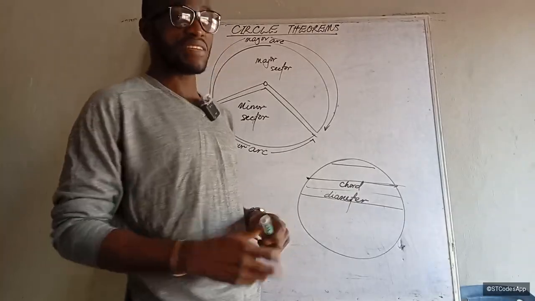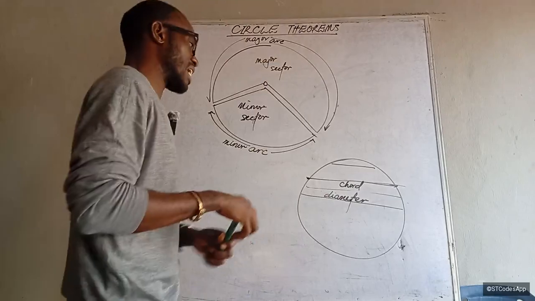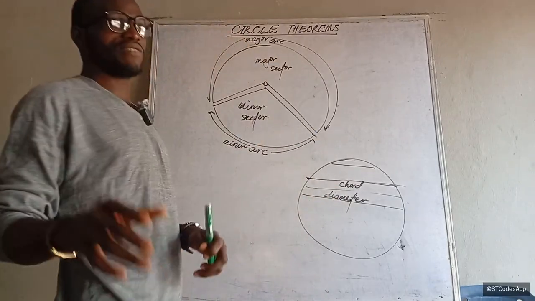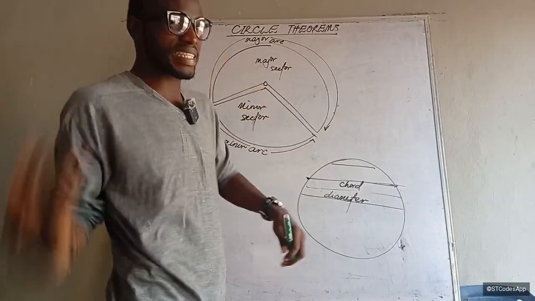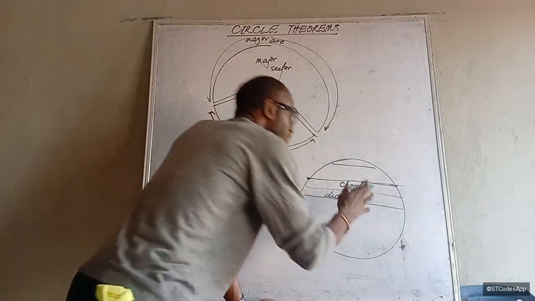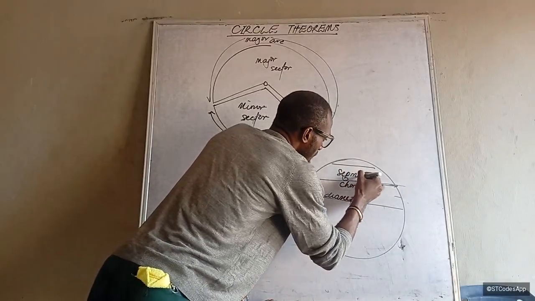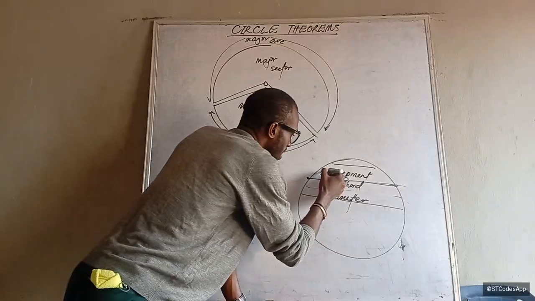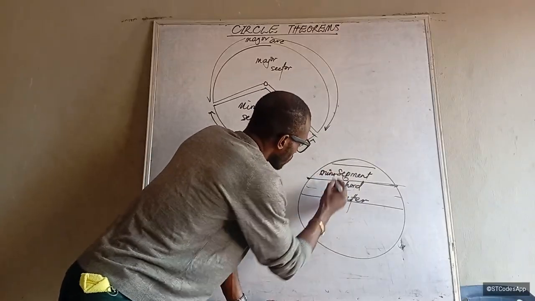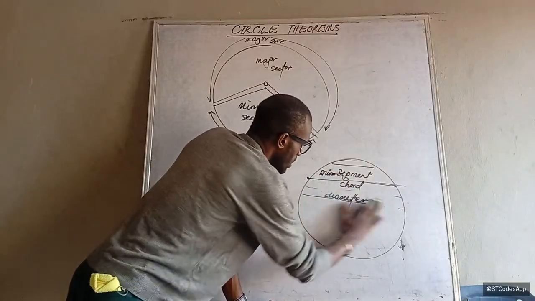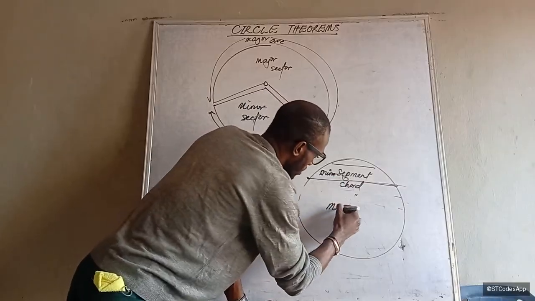A chord divides the circle into two. The diameter is the only one that divides the circle into semicircles, but every other chord divides the circle into minor and major segments. The small one is minor, then this larger one will be the major